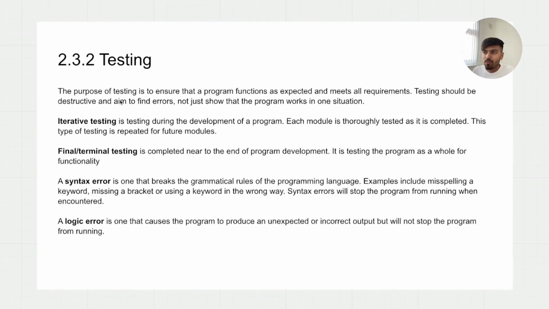Testing. The purpose of testing is to ensure the program functions as expected and meets all requirements. Testing should be destructive and aim to find errors, not just to show that it works in one situation. It needs to check that it works in all situations. Testing is very, very important. Iterative testing means testing during the development of the program. Each module is tested. Final or terminal testing is completed near the end of the program,